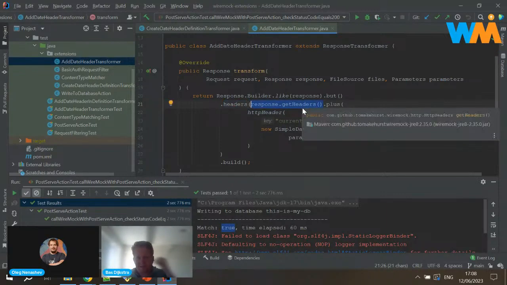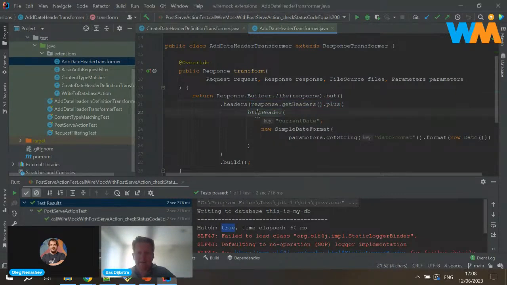So this is very important to preserve the headers that you define in the individual stub definitions. But I'm going to add another HTTP header, which is the same thing. So the end result here would be the same. The biggest difference is, am I going to apply this before or after WireMock renders the actual response?